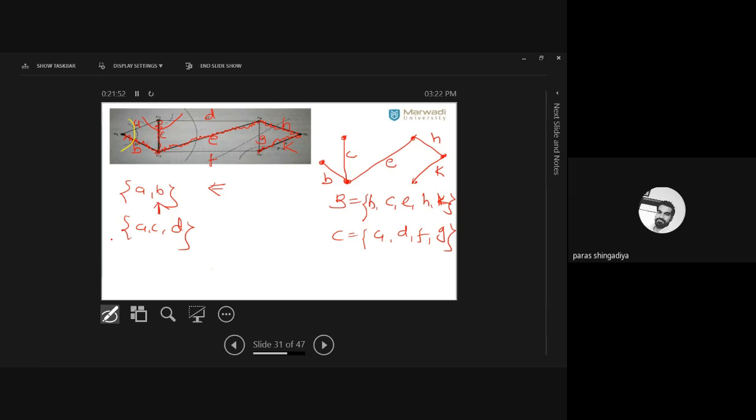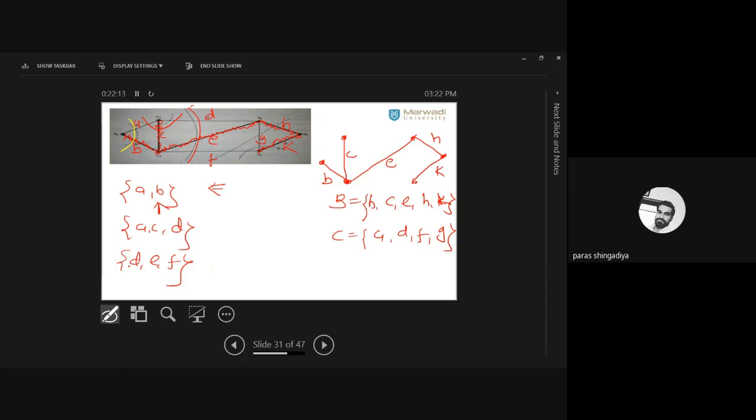Okay. Now the third cut set you can consider is DEF. Delete D, E, and F, all the 3 edges. Remove DEF from the middle of this graph. So on this side you will get one triangle and on this side you will get one triangle. So these are disconnected now.